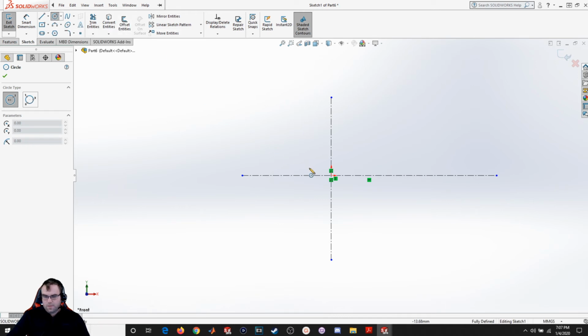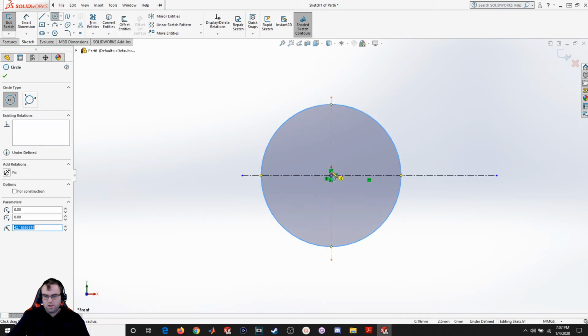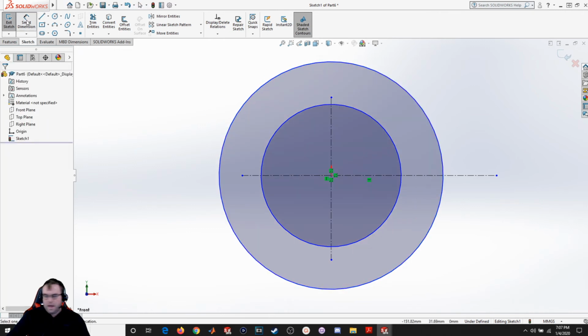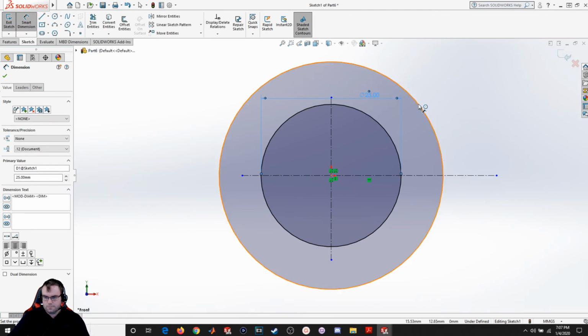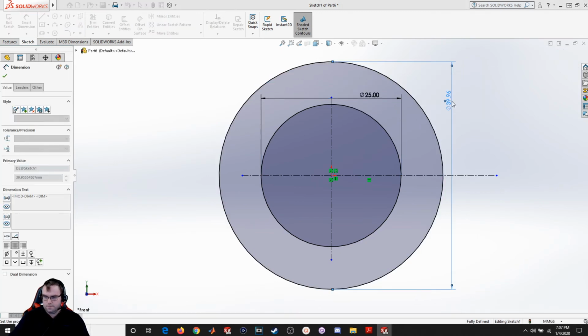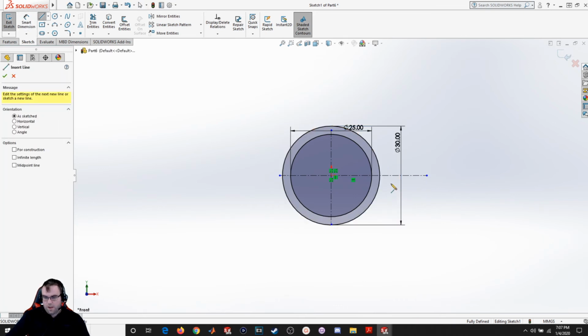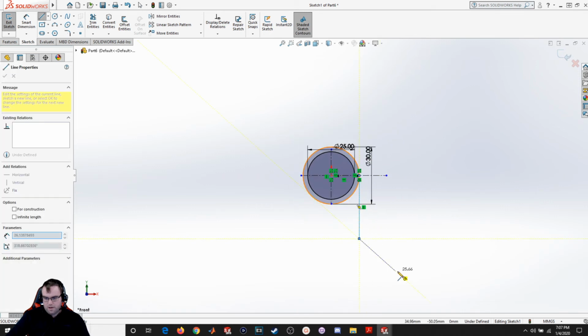So let's start going. I'm going to put 2 circles in on the origin. Add in some dimensions. It looks like I've got 25 on the inner and 30 on the outer. Okay, just like that. Now I'm going to draw the basic frame of the shape. So I'm going to grab this point here and draw down, out, out, over, over,